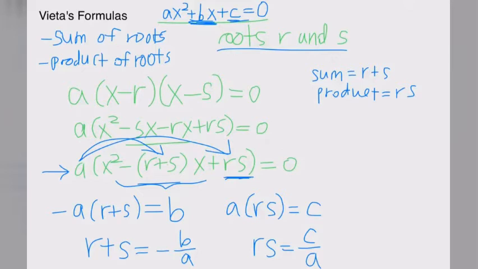And this is true for any quadratic equation. The sum of the roots is always going to be negative b over a, and the product of the roots is always going to be c over a. And now we know why this is true. But does this also work for equations whose highest degree isn't 2? Like, what if it's a cubic equation, or a 4th degree, or 5th degree, or nth degree? Does this work? The answer is yes.